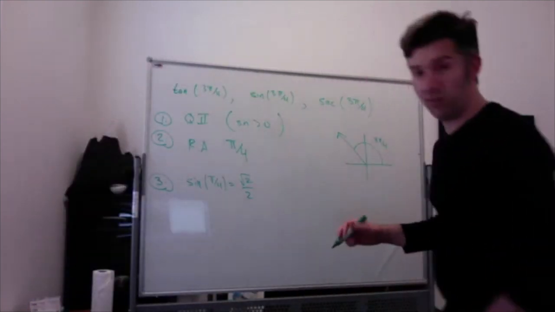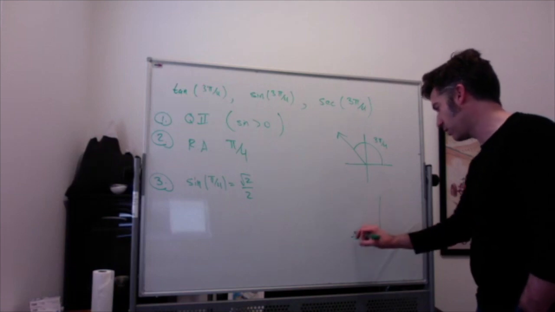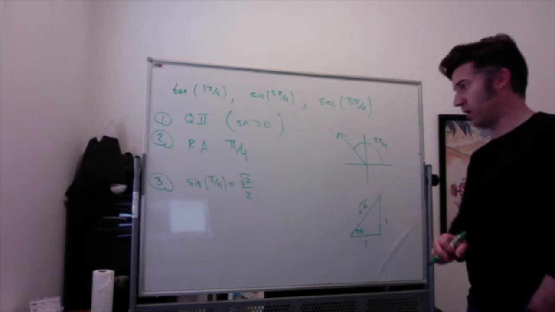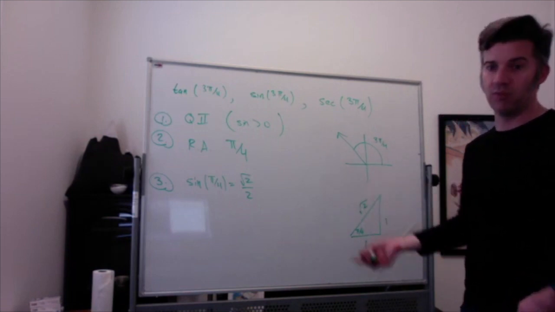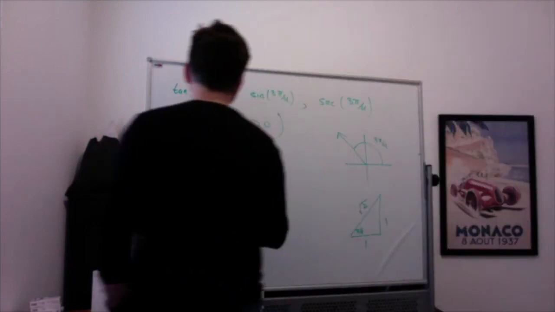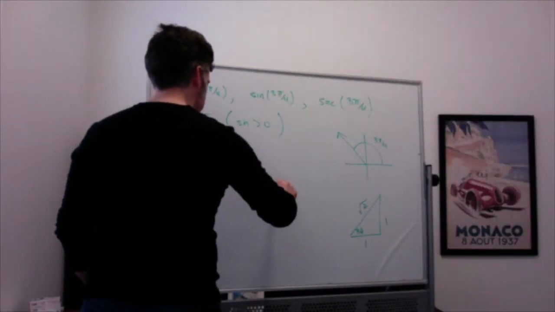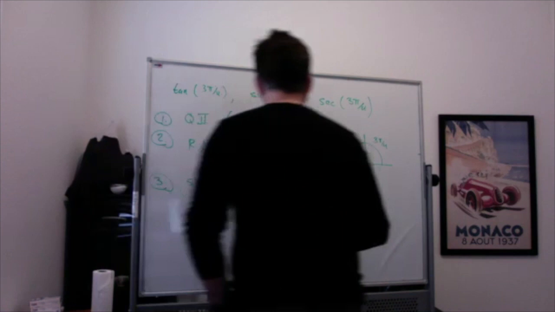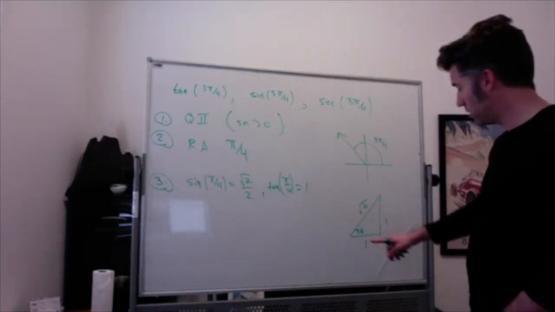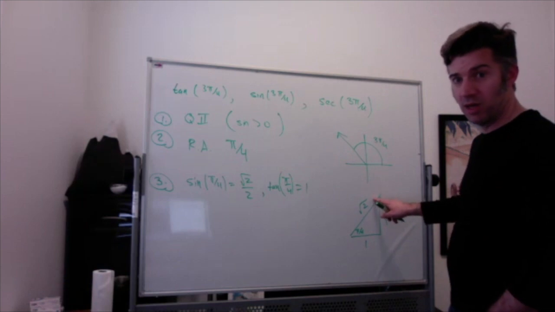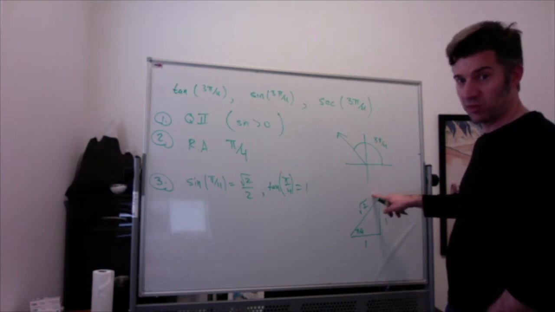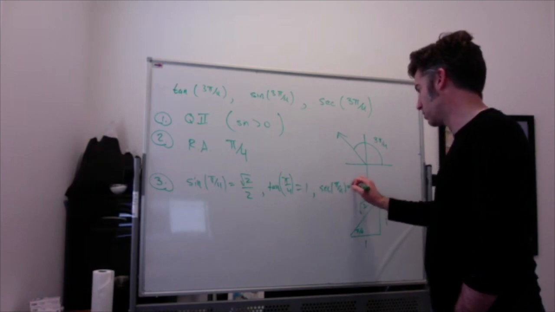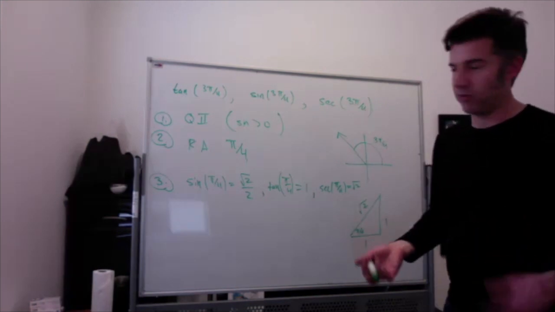And I know that really because of the triangle. I know that my triangle for pi over 4 is the 1, 1, root 2 triangle, where it's opposite over adjacent, so it's 1 over root 2, but we write it like that. So I know sine is root 2 over 2, and the tangent of pi over 4 is 1 over 1. And I know that cosine of pi over 4 is adjacent over hypotenuse, which is 1 over root 2. So I know that secant of pi over 4 is the reciprocal, which is root 2 over 1. So secant of pi over 4 is just the square root of 2. So then,